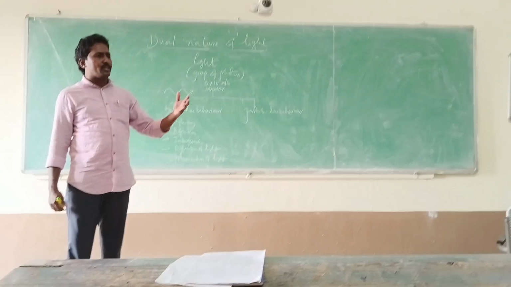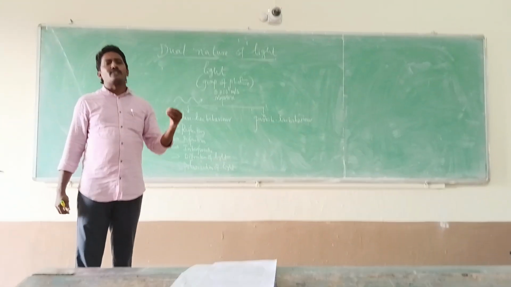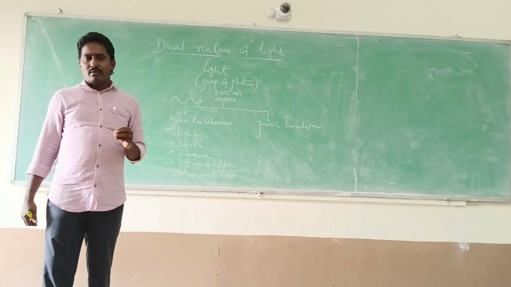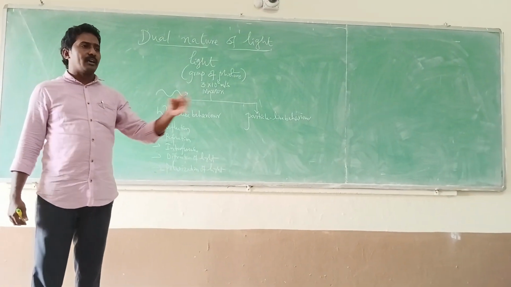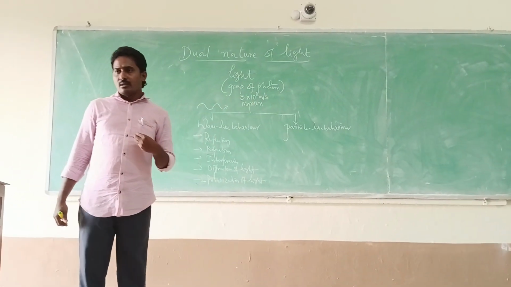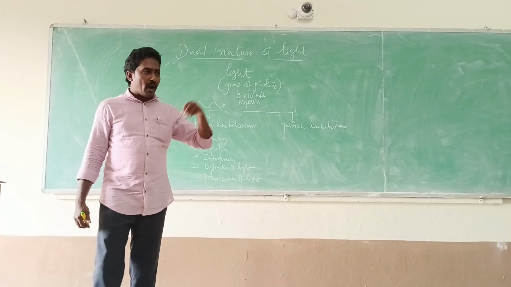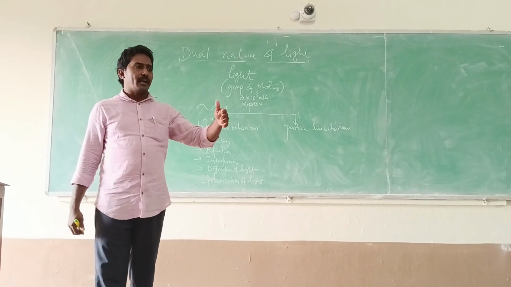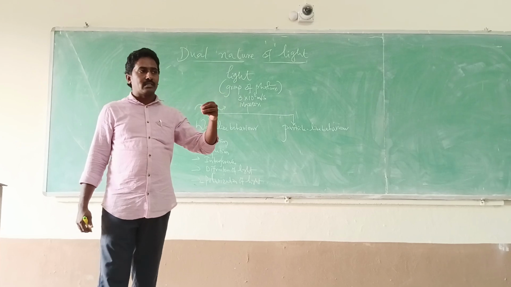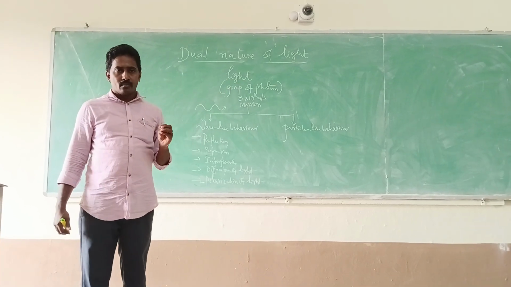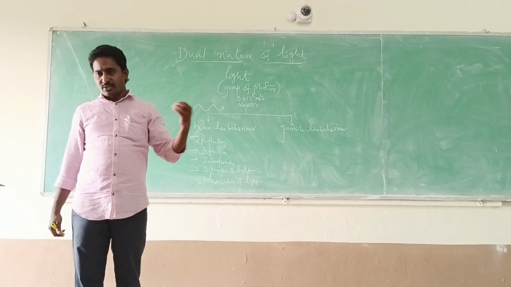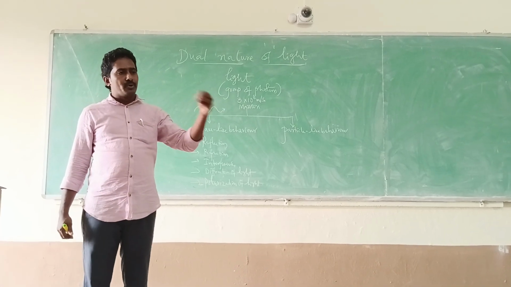Because usually in an experiment we can observe alternate dark and bright fringes when a monochromatic source is incident on a convex lens. This is an experimental fact. What is the reason for the maximum intensity and minimum intensity? We call them bright and dark fringes. And we have also seen the colors in thin films. The color in thin films is purely due to